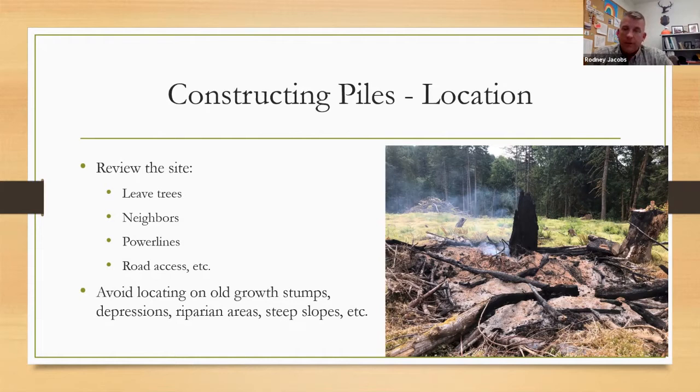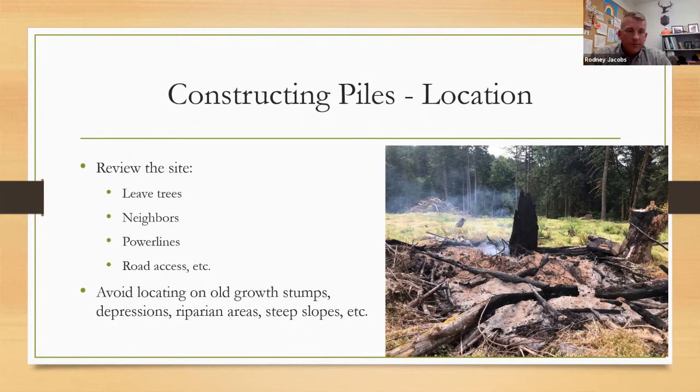Also, when you start getting further away from the roads, it's more difficult to patrol the pile. We're going to be watching these piles smolder for 4 or 6 weeks maybe. And if they're 300, 400, 500 feet off the road, it's hard to see that little column of smoke that indicates it still has some heat. And if the east wind picks up and lights that pile on fire, you have to go out there and mop it up. If it's 600 feet away from the road, that takes a lot of hose and a lot of effort. So as a rule of thumb, we'd like to keep our burning as close as possible to the roads,